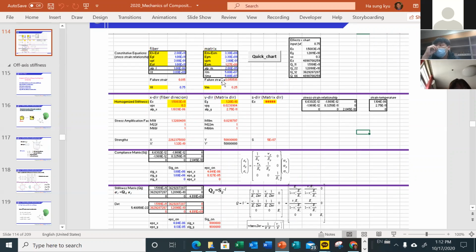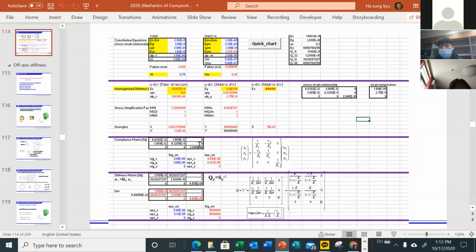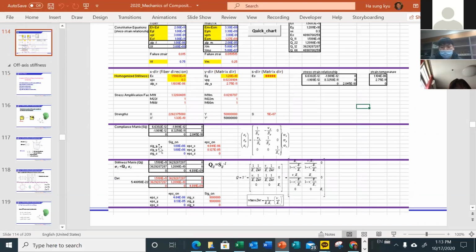We talked about the fiber and matrix properties and how to get the stiffness and strength for different fiber volume fractions. And we also covered the compliance matrix and stiffness matrix, which we will use in the derivation of laminate theory. Now today,